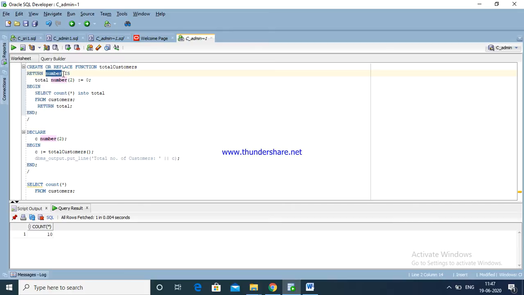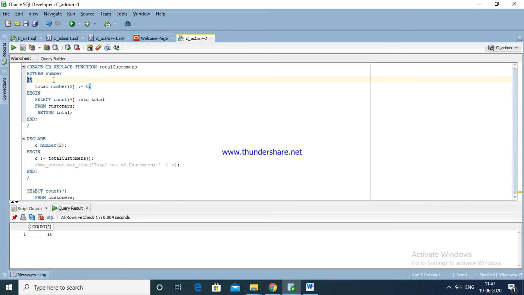Here we are using is. In is we are declaring one number, the number is total. The total we are returning. This is the select query into total that we return. This way we have completed it.